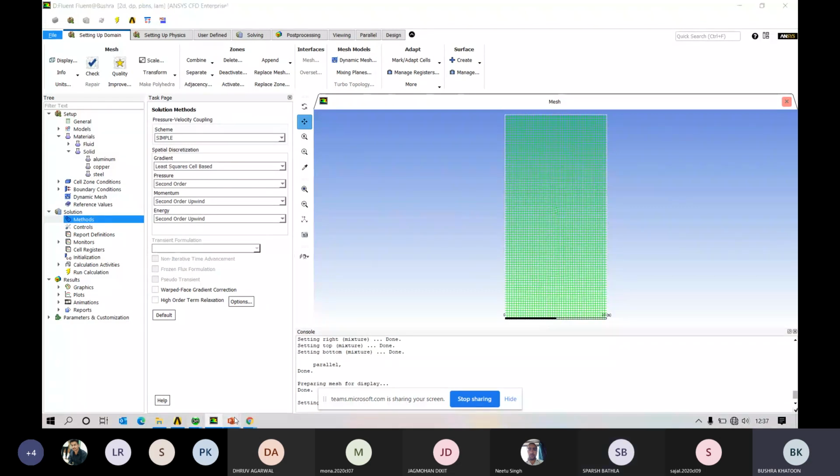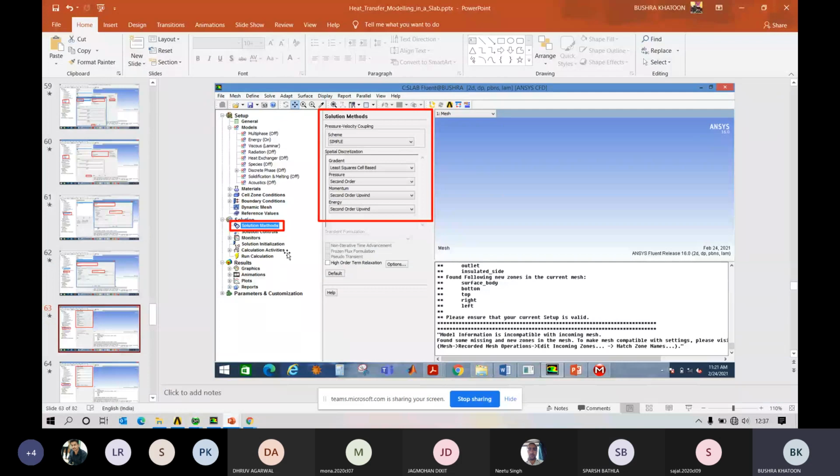So now come to the solution methods. So for our case I have selected second order upwind scheme to solve the energy equation. Okay,